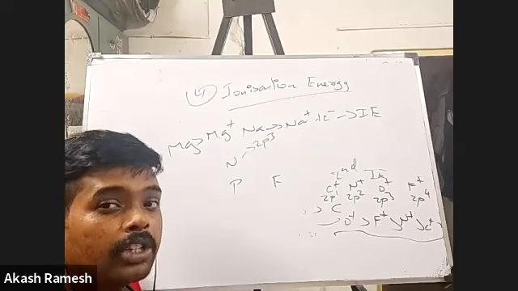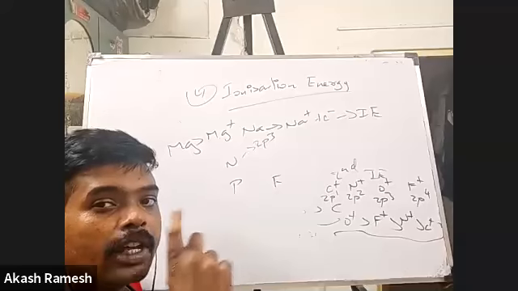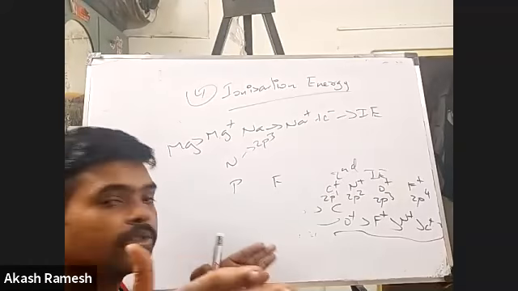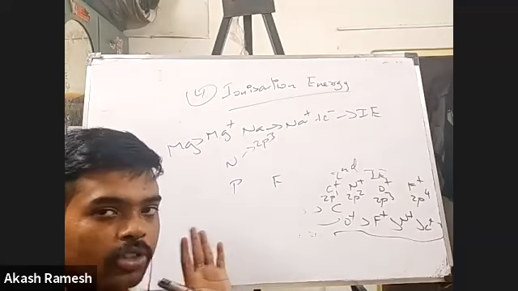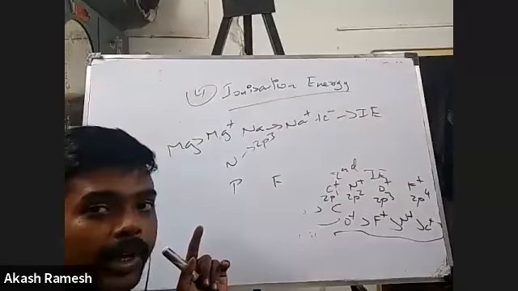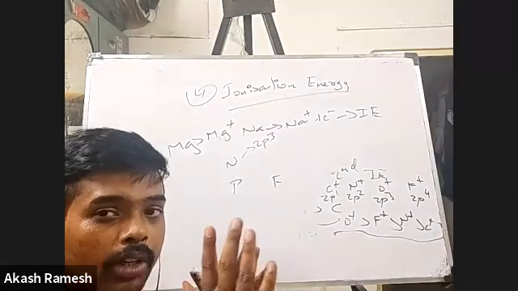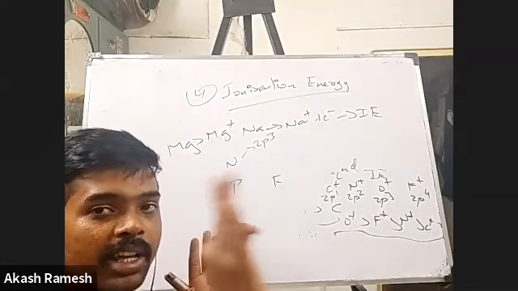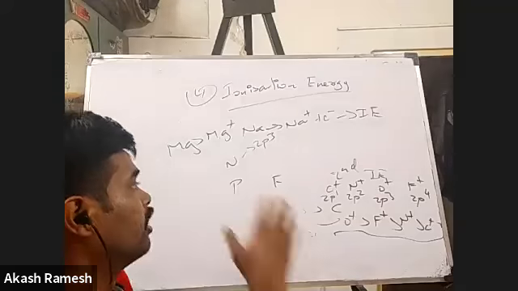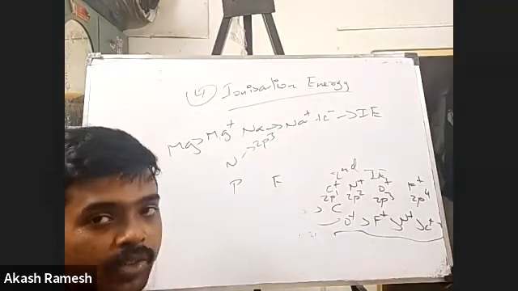So please make sure that in each and every group, group 1, group 2, leave group 3 to group 12, that is not required. But group 1, group 2, then group 13 to 18, for those groups you have to know at least the first 3 elements. If not, it is going to be very, very difficult. Okay, fine. So I have nitrogen and then phosphorus.